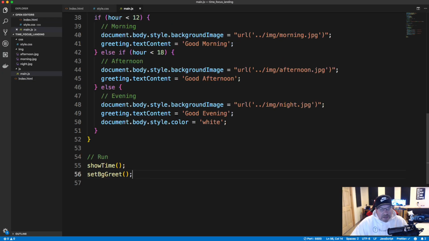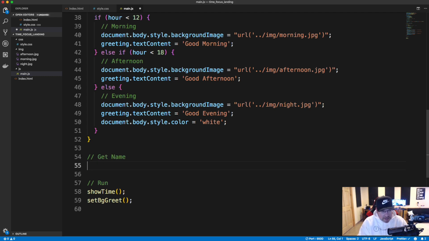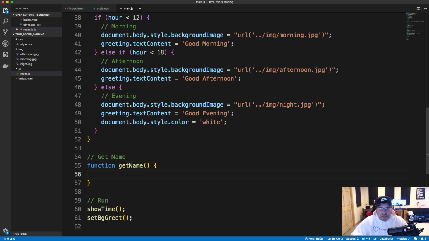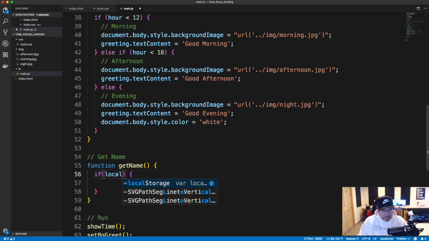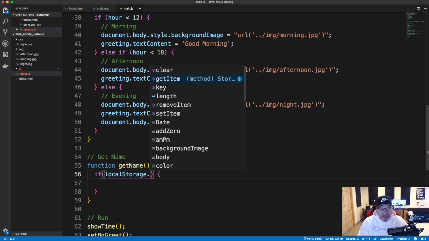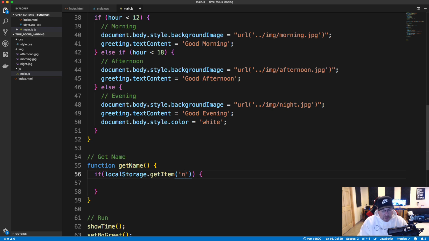So in our main.js here, we're basically going to have a setName and a getName, and also a setFocus and a getFocus. So let's go ahead and do function getName, and all I want to do here is check to see what is in local storage. If there's nothing in there, we can set a default. If there is something, we'll set that. The way that we deal with local storage is we simply say localStorage, and then it has some methods attached to it. We want getItem. We want to check if there's a local storage item called name. Okay, and we actually want to check to see if it's null, if it's not there. And if it's not there, then